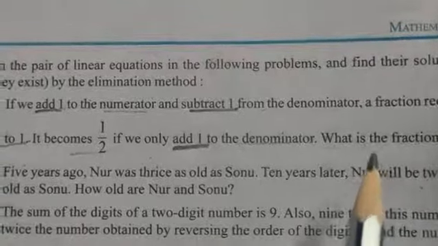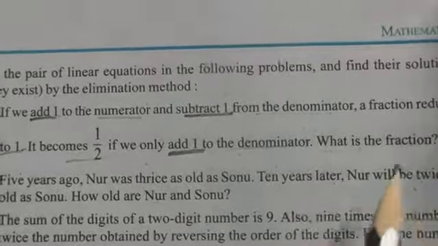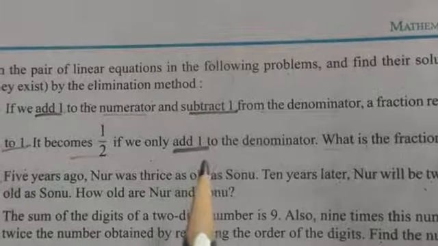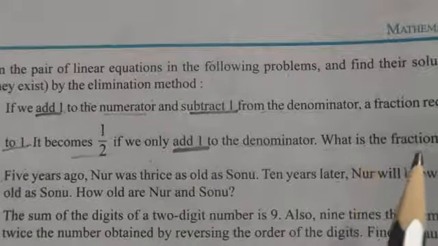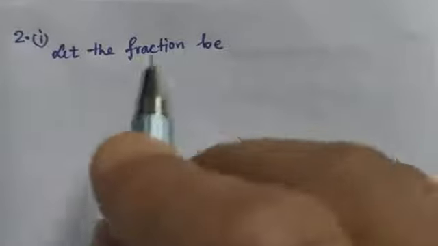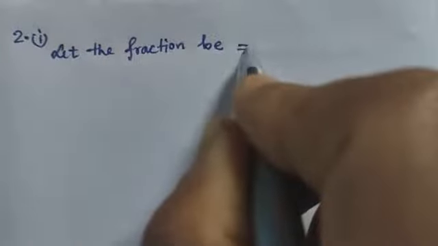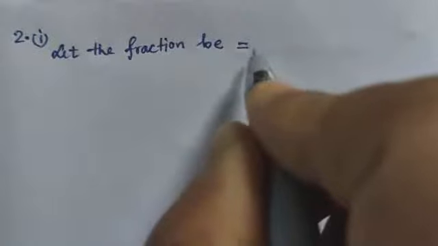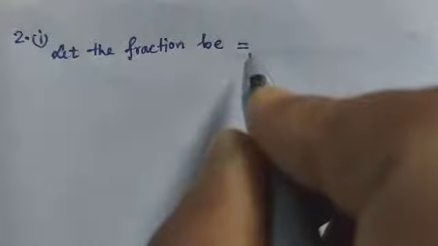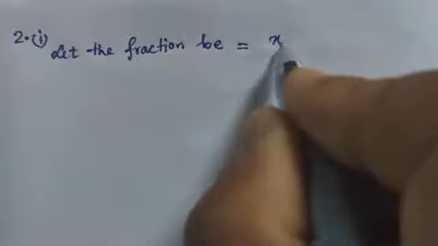So let's begin. Here we do not know the fraction; the numerator and denominator could be anything. The unknown quantities are the numerator and denominator. So instead of writing numerator and denominator, you can directly write: let the fraction be x by y. Let the fraction be x by y. We don't know what the numerator is, what the denominator is. So instead of writing let the numerator be x, the denominator be y, and then the fraction will be x by y, we are writing the fraction directly. Let the fraction be x by y.